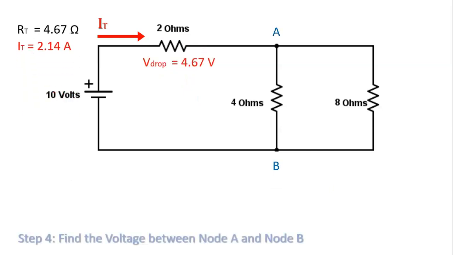Pretty nice. Now we know we have voltage drop here. Well, what does that help us do? That helps us solve for the voltage between point A and point B. Because if we have a voltage here,